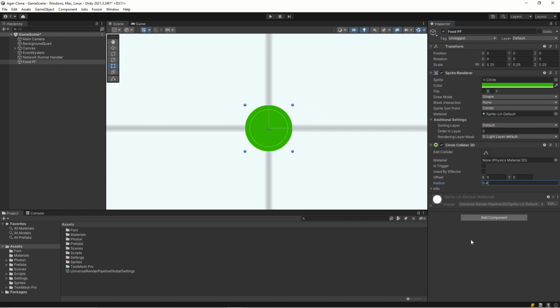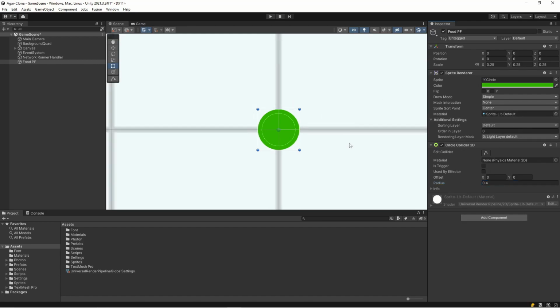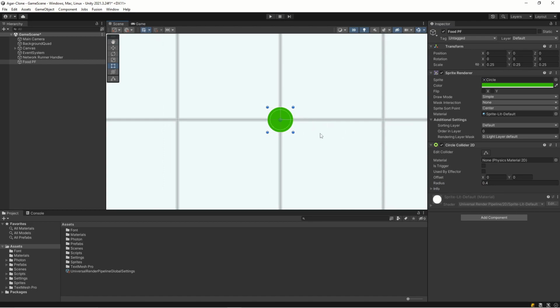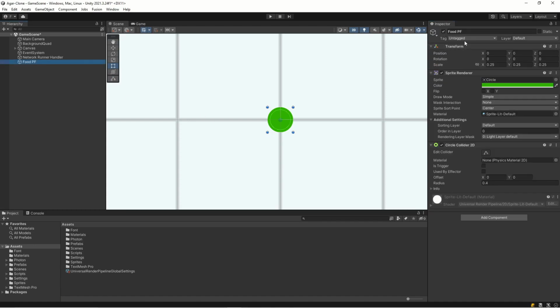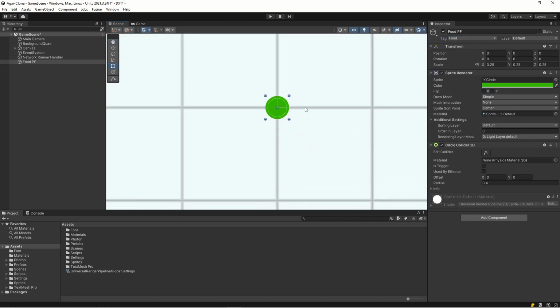Okay, and then we need this to be able to detect that it's actually food, so let's add a tag here. Add tag, and let's press the plus sign and call it food, save it, and then let's assign that food. There we go. And then we need this as well to be able to interact with the network, so